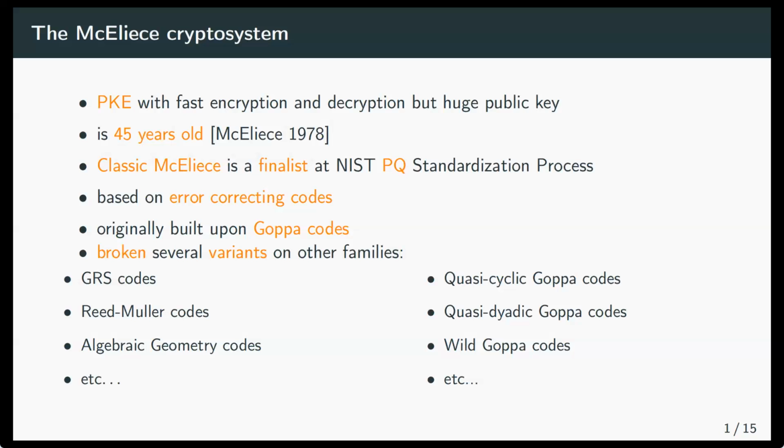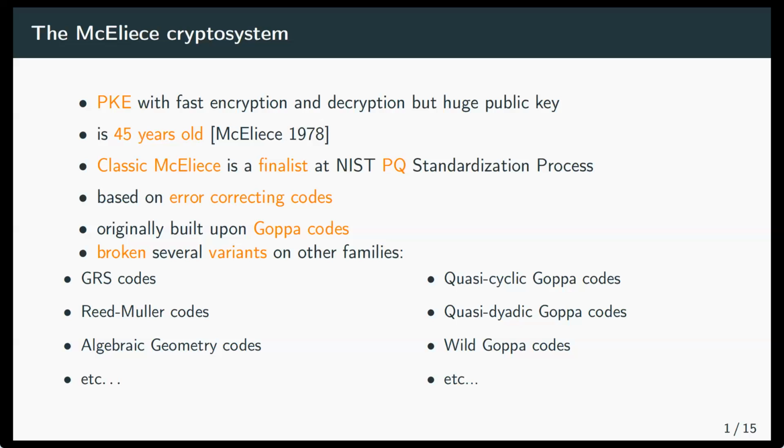So what is the McEliece system? Well, this is a public key encryption scheme that enjoys both fast encryption and decryption, while the main drawback is that the public key size is very large. It's also one of the oldest public key schemes still alive, because it's basically as old as RSA. But differently from RSA, it is also believed to be quantum resistant. This is mirrored in the NIST post-quantum standardization process, where McEliece is currently a finalist at the 3rd round. It is considered by many to be ready for standardization.